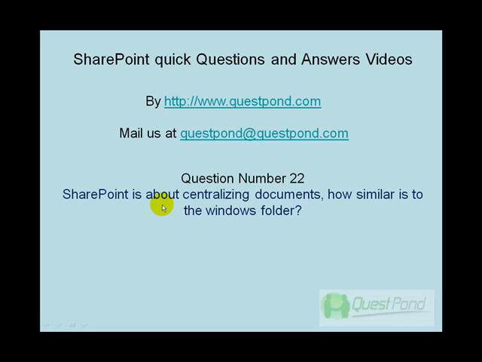So let's move on with question number 22. SharePoint is about centralizing documents. So how similar is it to a Windows folder? Now the basic intent of SharePoint's introduction in the market was that it will help you to take all your